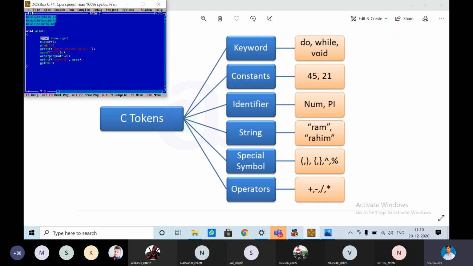And I'm having constant 3.14. It's a constant value. It's a value, that's it. Next, 2 is also a constant value. Next, identifiers are nothing but keywords and variables and function names. Main is an identifier. Okay, keyword means float is a keyword. Keyword means those are the reserved words. And area is also a